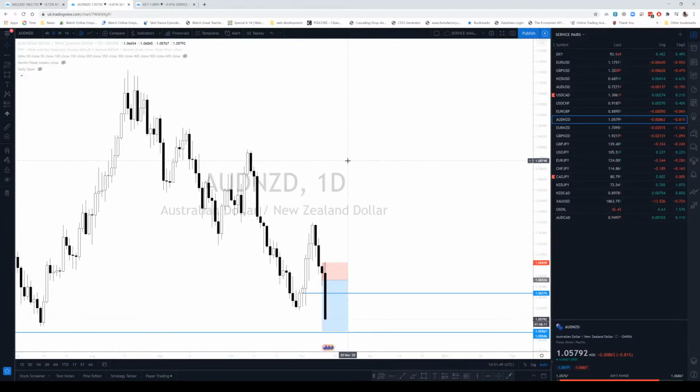When I see this, I get, not goosebumps, but I get satisfied with the strategy that I trade, or the way I look at price, because